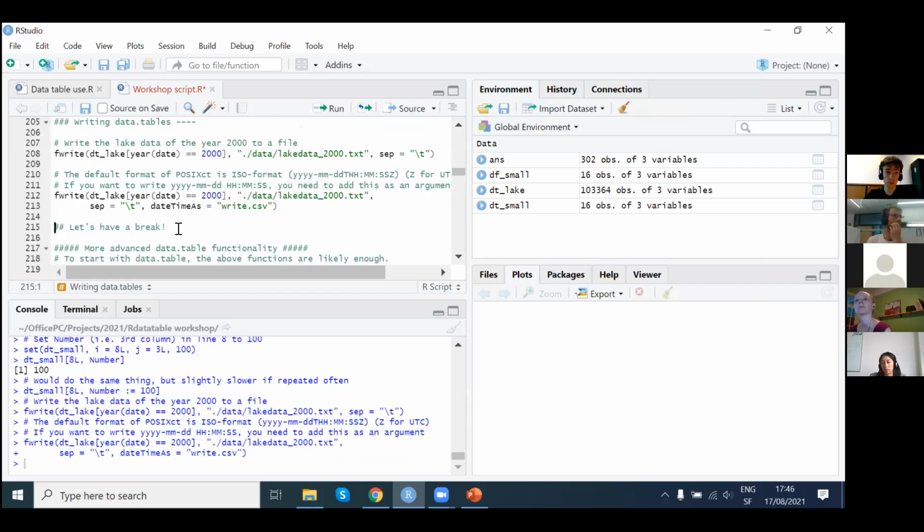And that's about it, what I wanted to do before the break. Yeah, I would say this is really what you will use 80 to 90% of the time. You already know now, if you sort of understand what was done so far, you could already start using data.table. After the break, I would show a bit more advanced functionality. But it won't get super advanced, but that would sort of cover the rest up to 99%,